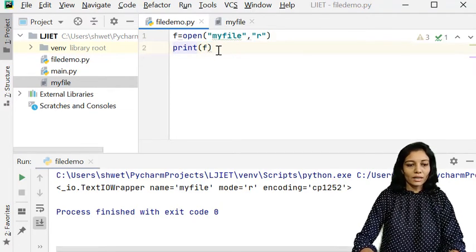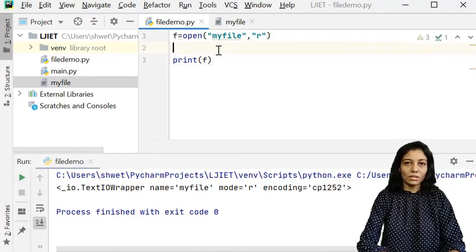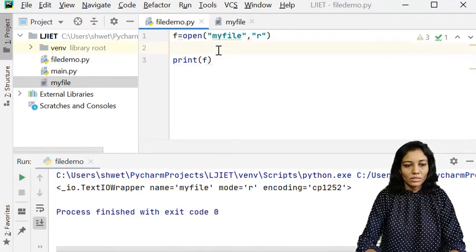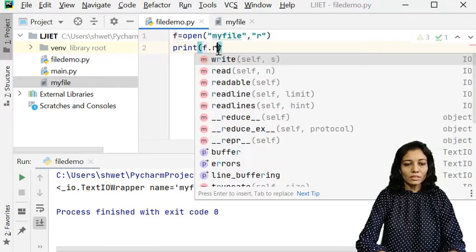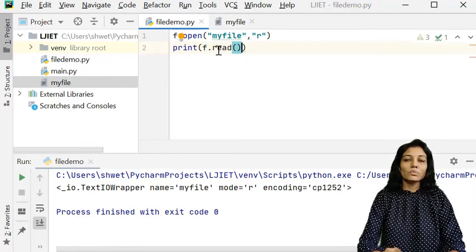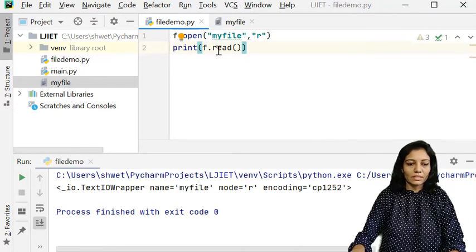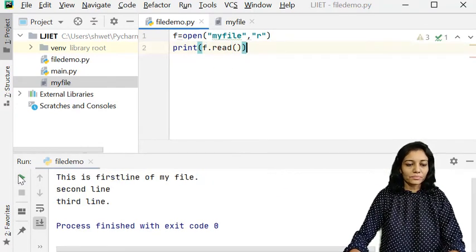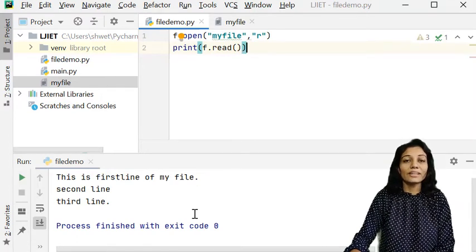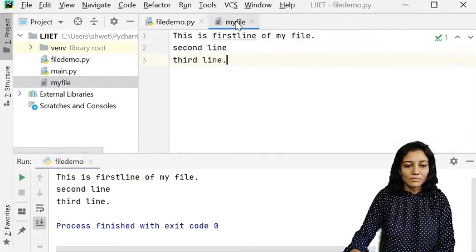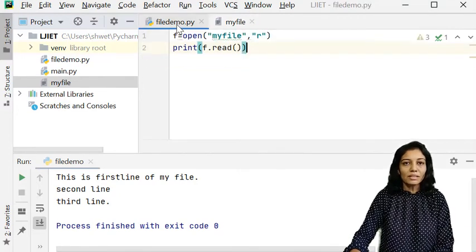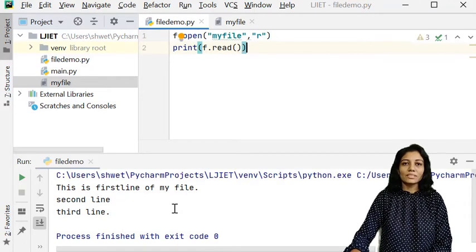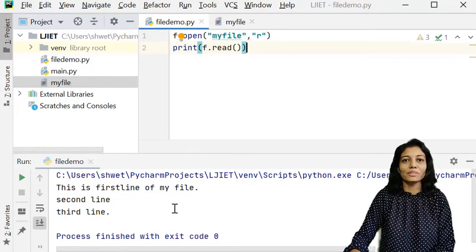So we are having a read function for reading a file. Here I'll be writing printf f.read function, which will read the content of the file. Now let us try again. Yes, it has printed 3 lines from my file. As you can verify from here, that file is having 3 lines. The similar lines are extracted through my function. So this is how we can extract the data from a file.